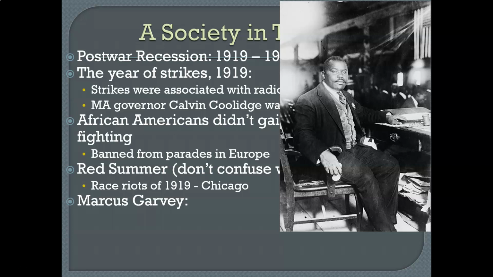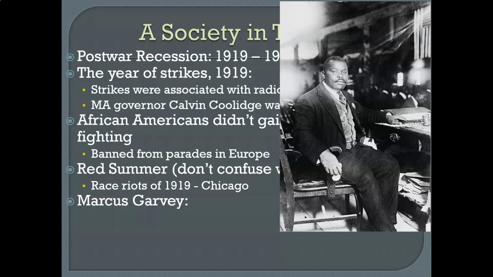A black teenager swimming in Lake Michigan on a hot July day happened to drift towards a white beach. Whites on shore allegedly stoned him unconscious. He sank and drowned. Angry African Americans gathered in crowds and marched into white neighborhoods to retaliate. Whites formed an even larger crowd and roamed into black neighborhoods. For more than a week, Chicago was virtually at war.